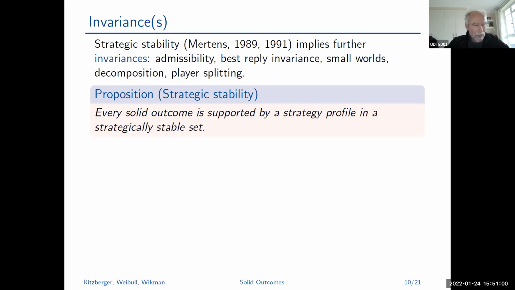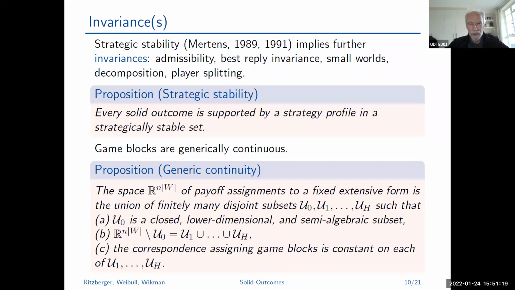And moreover, the supporting notion of a game block is something that behaves very nicely. Right? So game blocks, in a sense, are continuous almost everywhere. Or to make the sense precise, here's the proposition about the generic continuity of game blocks. So if we think about the payoff space, which is the space of payoff assignments to a fixed extensive form,